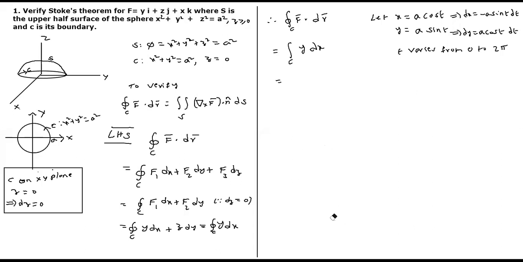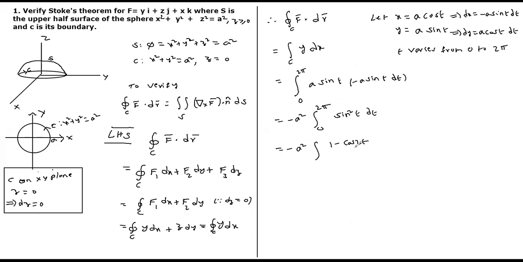So now I can simply write y as a sin t and dx as minus a sin t dt. t varies from 0 to 2 pi. So this is minus a square integration of sin t into sin t, which is sin square t dt. Sin square t is (1 minus cos 2t) by 2 dt,